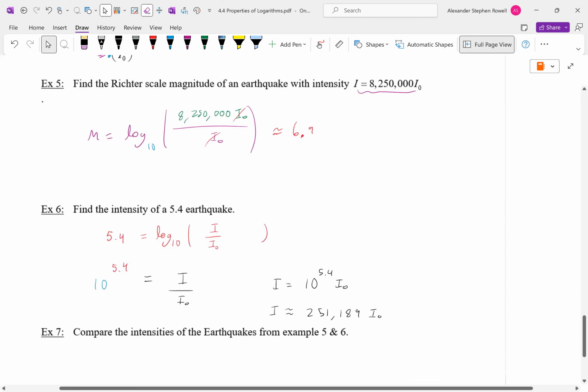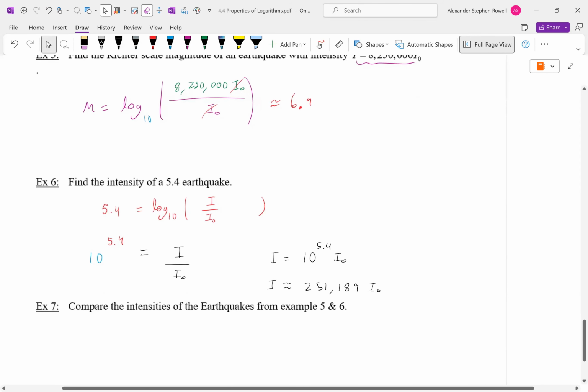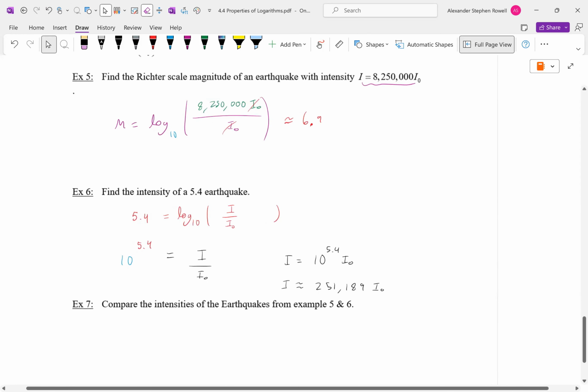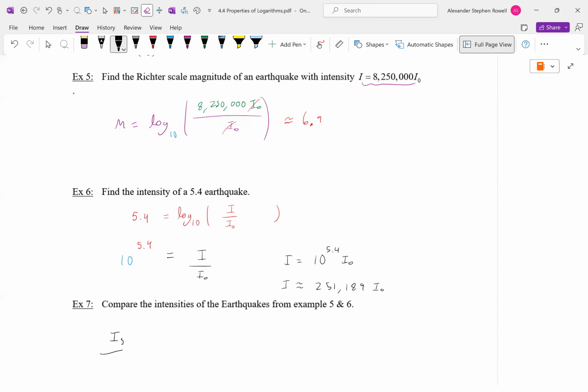251,189 I naught. Compare the intensity of earthquakes from example 5 and example 6. Okay, so how do you compare two intensities? You divide them. So that would be 8,250,000 I naught divided by 251,189 I naught. The I naughts cancel, and this is written as 10 to the power of 6.9